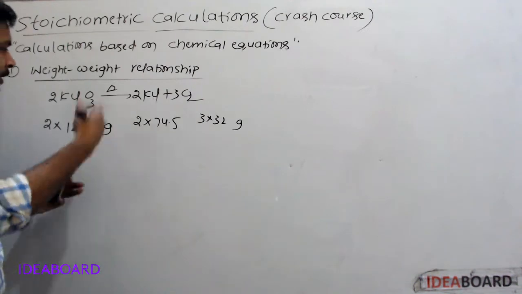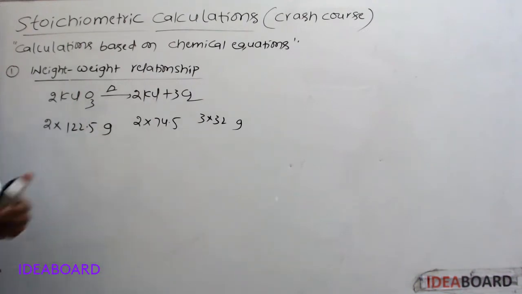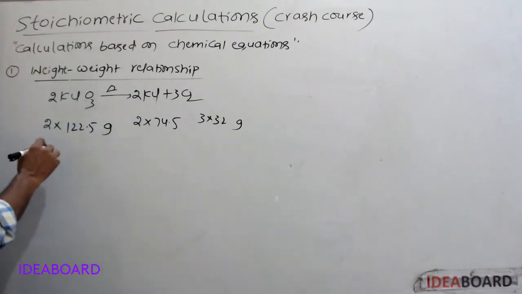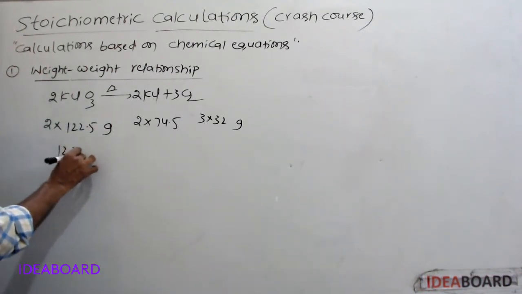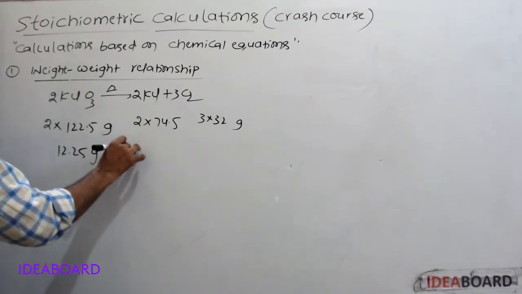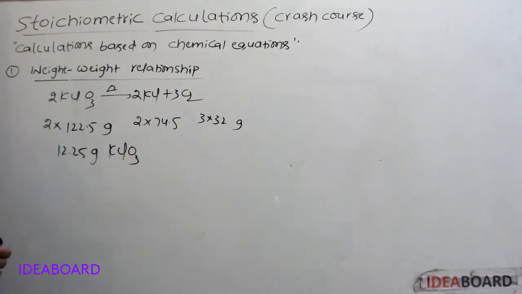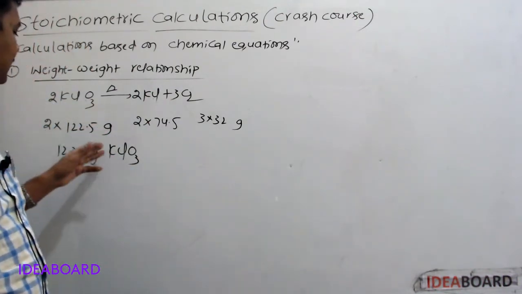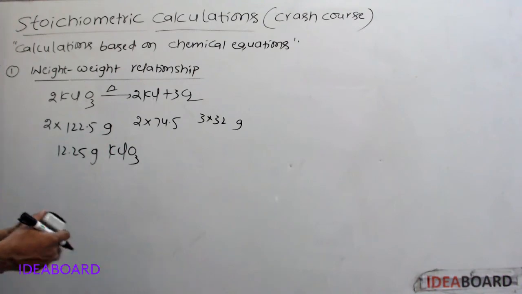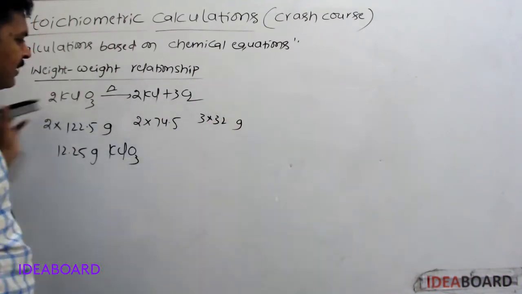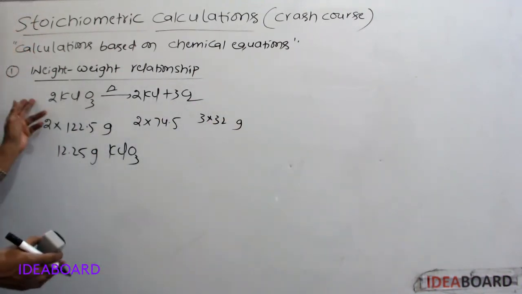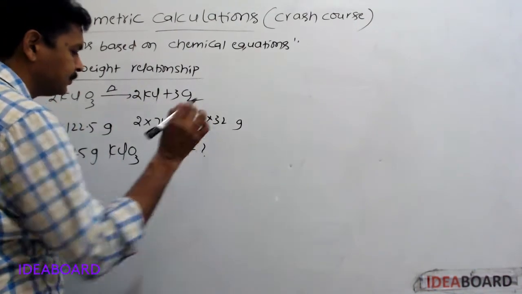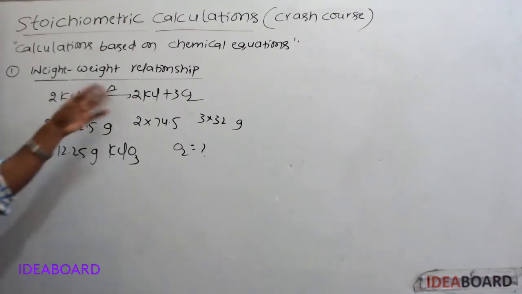Suppose if the problem is given like this: what is the weight of oxygen gas liberated when 12.25 grams of potassium chlorate is heated? First, we should write the chemical equation. We should calculate weight of oxygen. Given that weight of potassium chlorate,